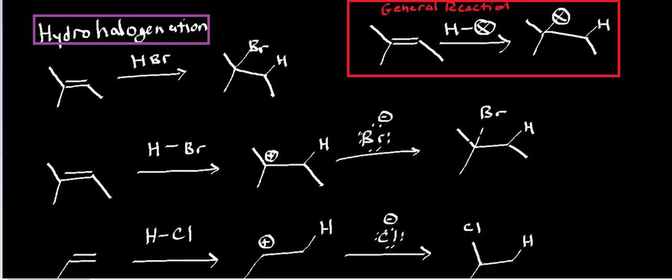Hi, welcome back to the Alkene Addition playlist in organic chemistry. In this video, we're going to go over a very important type of reaction for synthesis called hydrohalogenation. For hydrohalogenation, you're going to use basically an acid whose conjugate base is one of the